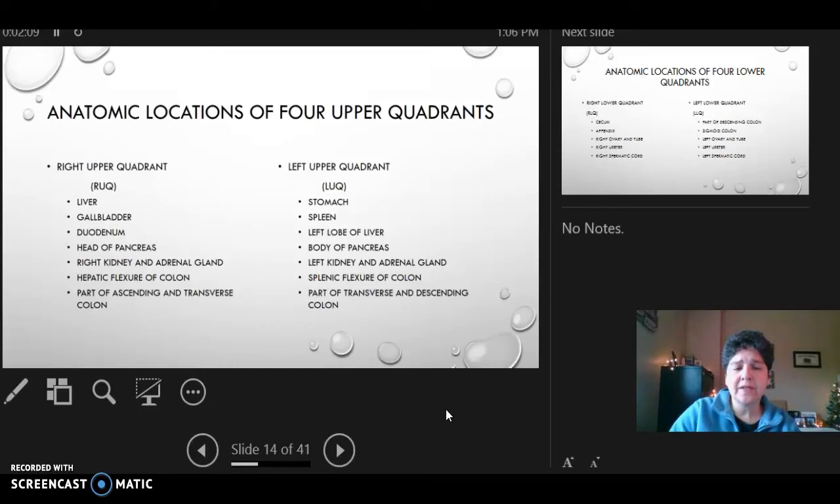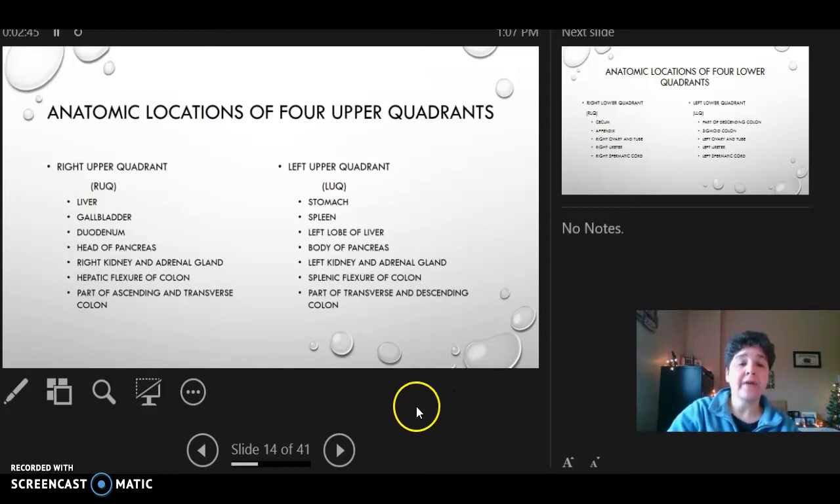This is just giving you a rundown of what anatomy is found in each of the four quadrants of the abdomen. This comes from your book. I don't have a page number, but you can look these things up. I want you to know what is found in the four upper quadrants, because it's very likely that I would ask you on a test,